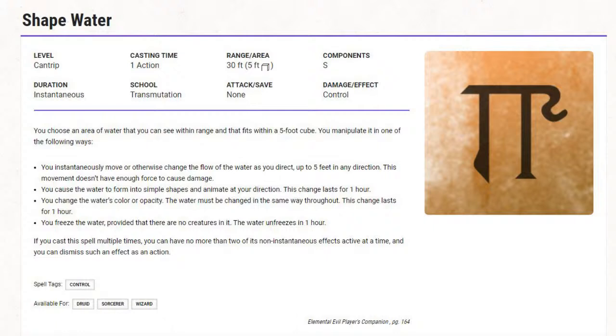If you have a water-based or water-themed campaign, even more useful to you. But I would certainly not pass it over. It's seriously cool. You can get your Sub-Zero fix from this cantrip. So go with it. And look, honestly, the utility function behind it and the way you could use it in combat is quite significant. And I don't mean damage dealing.